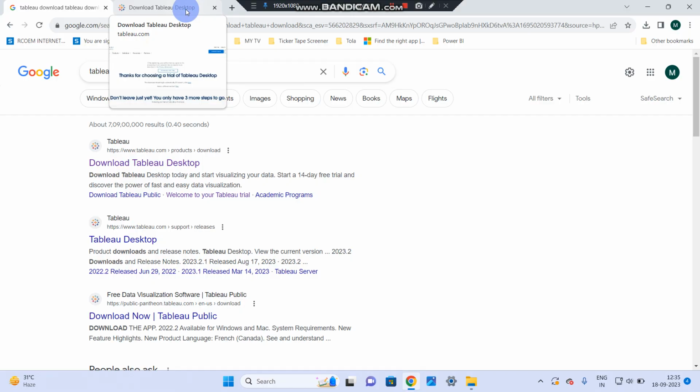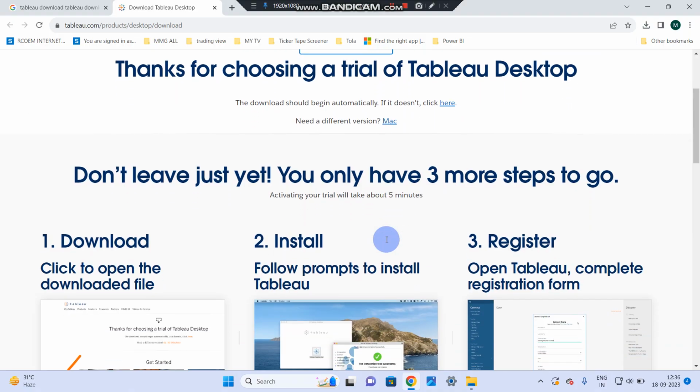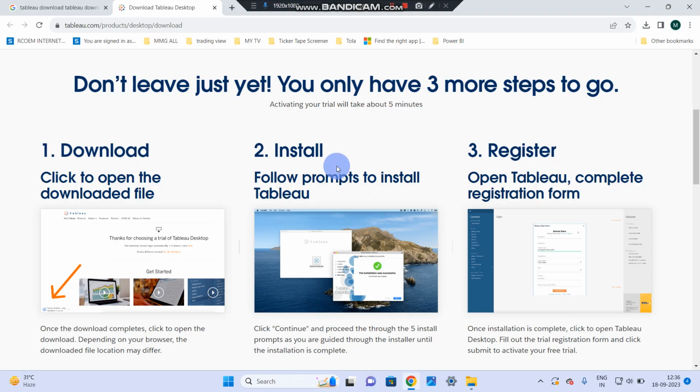You select other organization, and maybe you can select some job role over there, okay, as a student or something like that, education. Then this page will open after feeding the information. You can go for download the free trial, and then there are 3 steps, that is download and then install